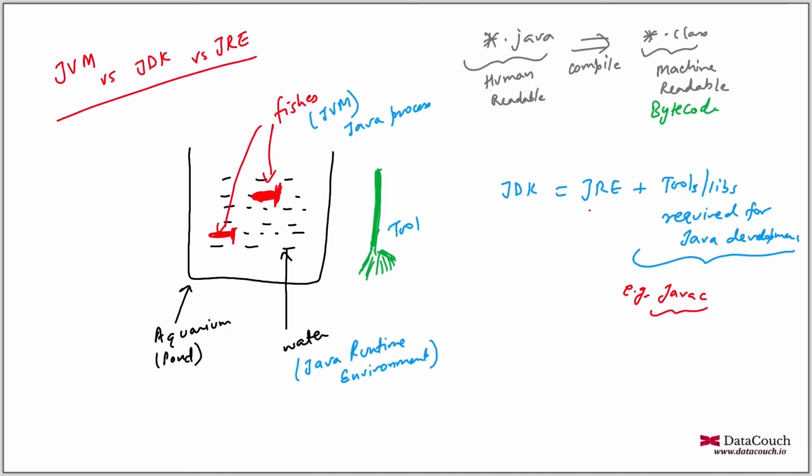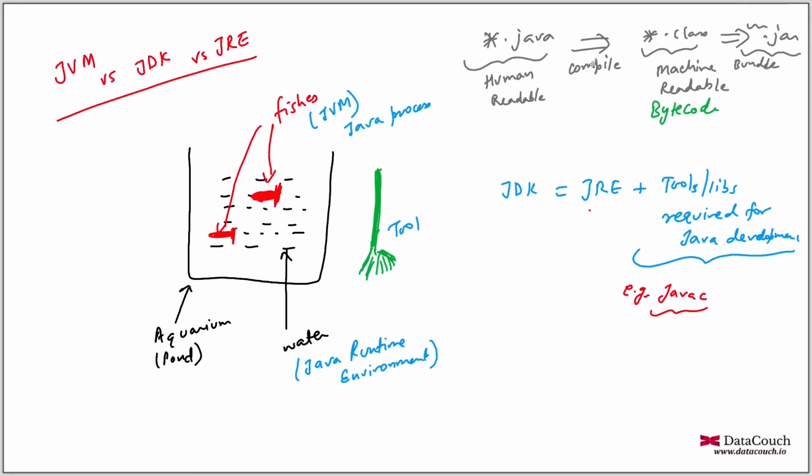This machine readable code will be bundled into jar files. It's a deployable component. Let's say a jar file, you can consider it just like a zip file, but it is not a zip file. It is combining all the class files together. So it's a deployable component, jar file, Java archive, and this particular jar file is having multiple class files. So you compile it, you bundle it, and then you can use it in your application. In general, this is a jar which is having class files, which is machine readable bytecode.